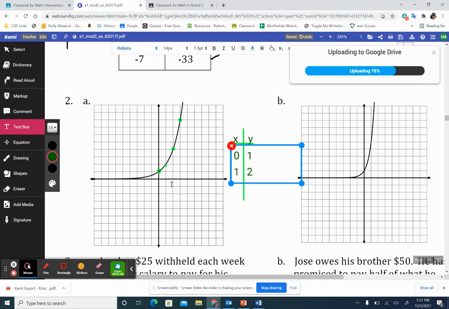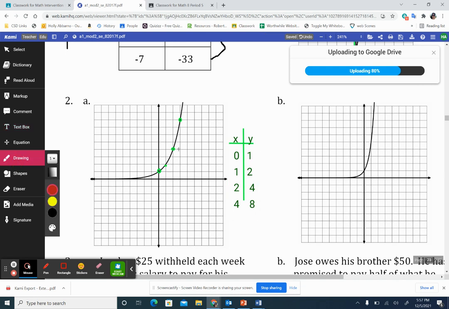And the next one is 2, 4. The next one looks like it's 4, 8. So now that we have this table and it looks like a curved graph, we know